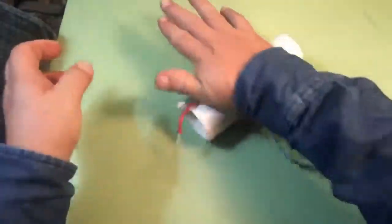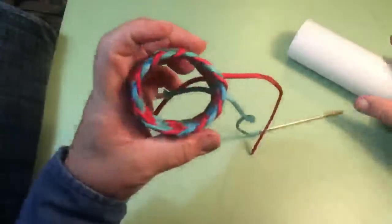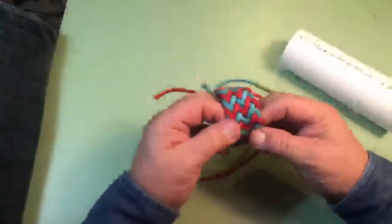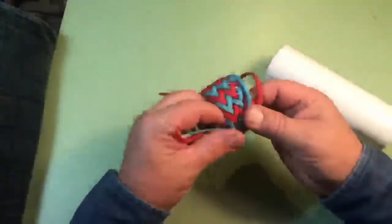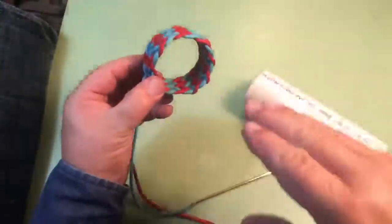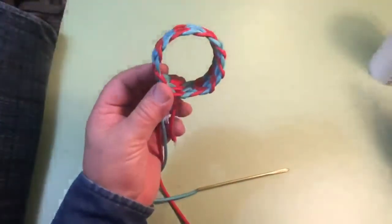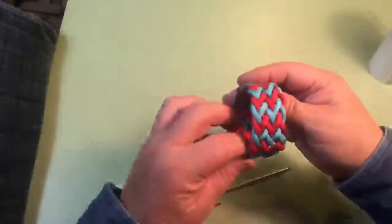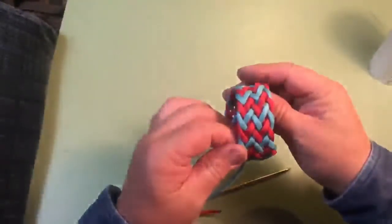That will be a nice little bracelet. And if you pull it up, it won't have all that slack in it, and it'll be a little bit smaller. But I took that to my wife, and she run her hand in it, and it fit hers pretty good. So I hope you enjoyed this